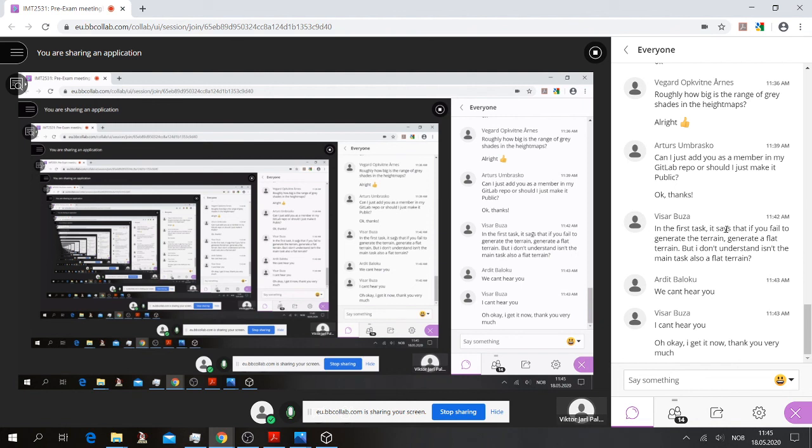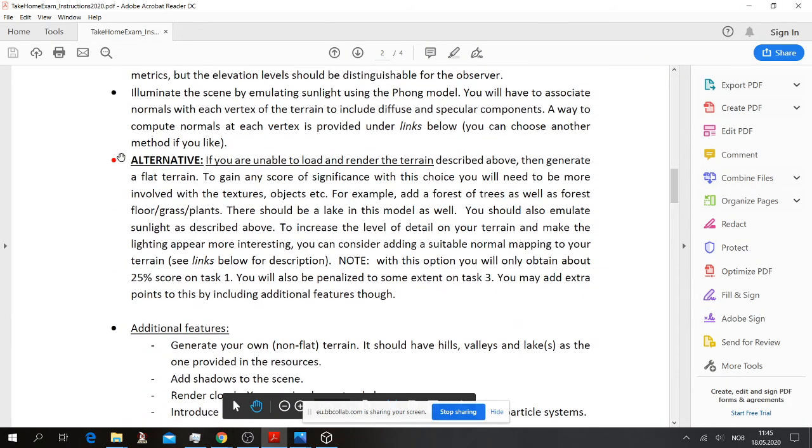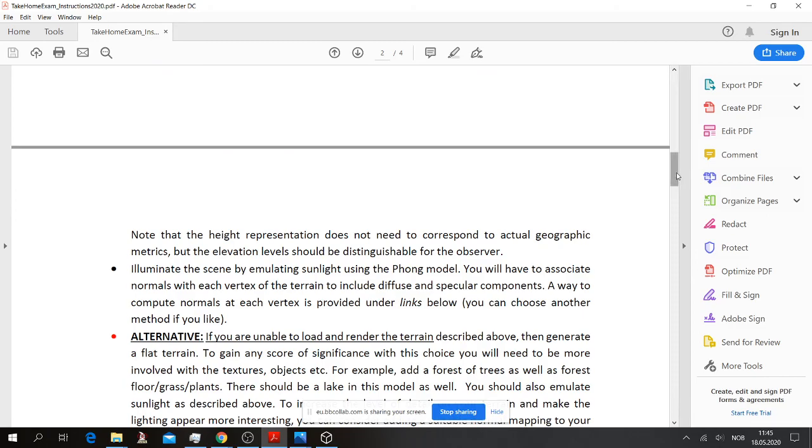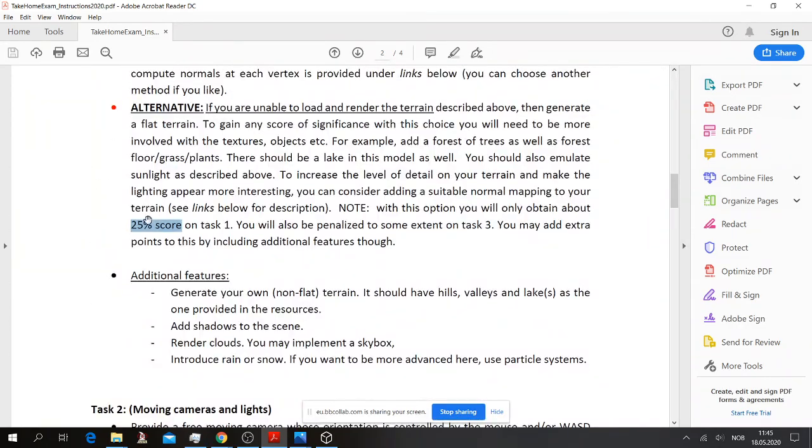And of course, important. I made this here as an escape route. Now one shouldn't choose that as a default because you will get a really low score if you do it. And as we ask you to address all 3 tasks in order to get a good grade, one should not speculate in it. But it's just an escape route, so it doesn't mess up the rest for you. If this becomes very difficult, you have the possibility to solve many of the other tasks with this 25% score if you make it involved enough, basically.